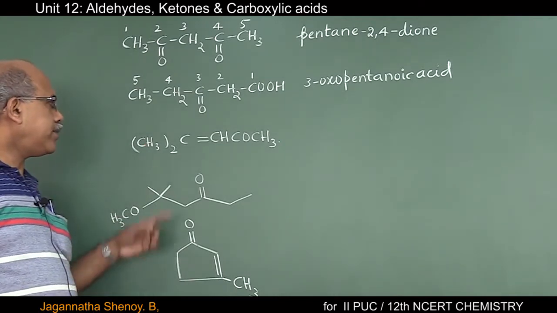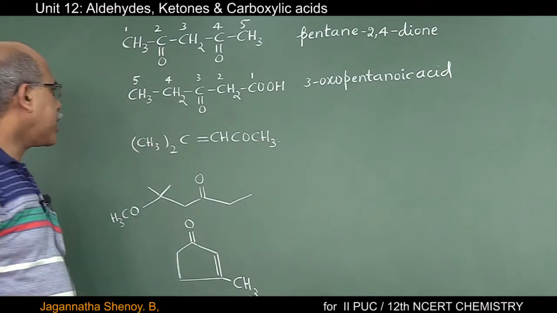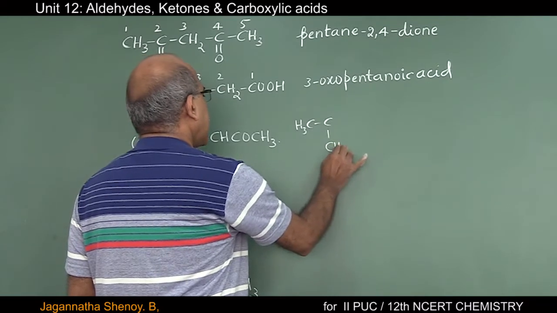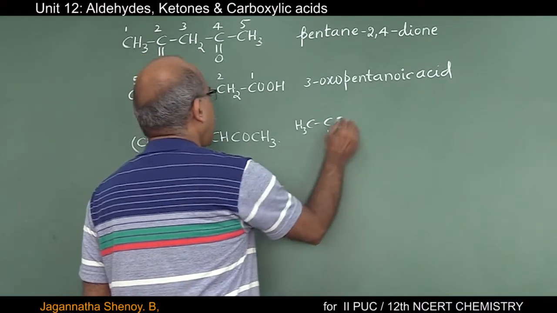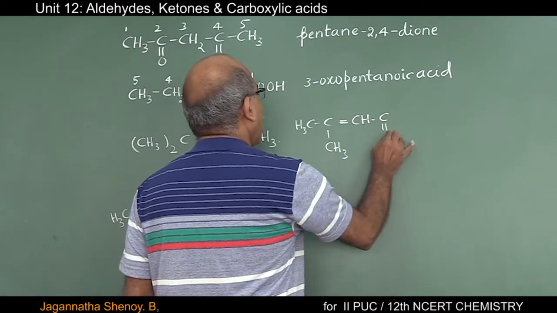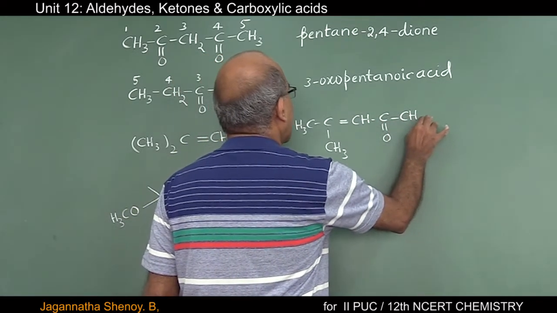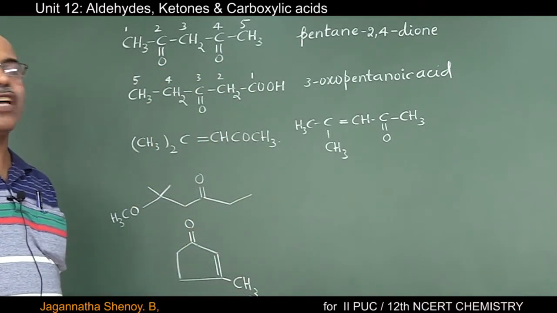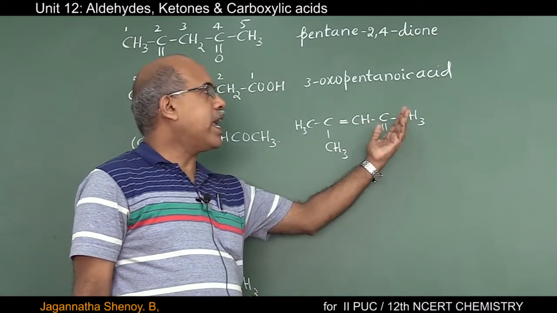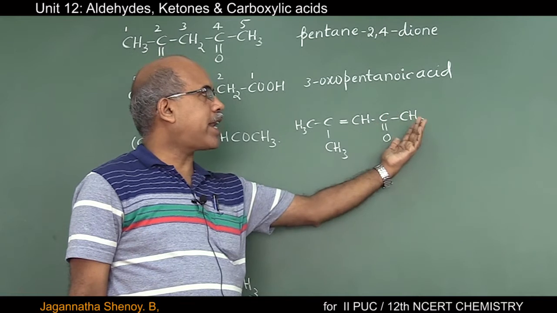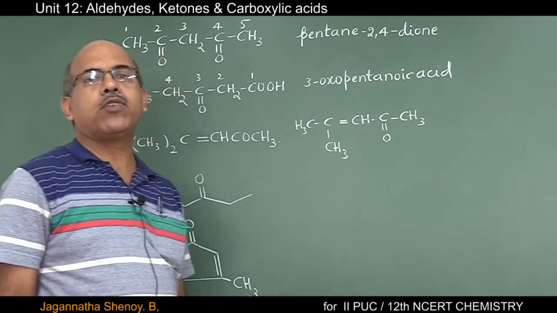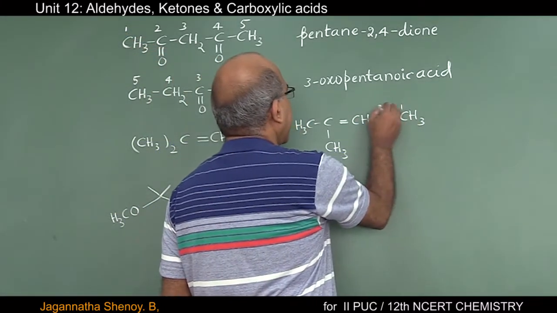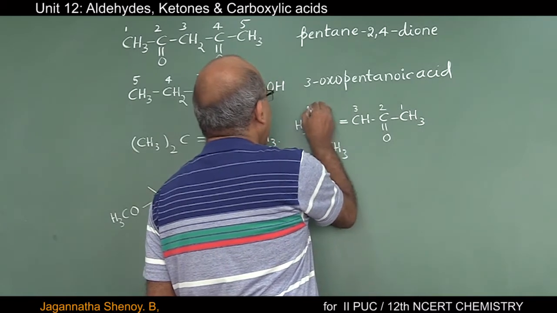Going to the next structure, so we shall just expand the structure and write. We have CH3C, here it is CH3. Thereafter double bond, we have CHO, it is C double bond O. Thereafter we have CH3. In this case, when you try to write the IUPAC name, you have to number it from right to left because C double bond O is the principal functional group. So this is the first carbon atom, this is the second, here third, fourth and the fifth one.